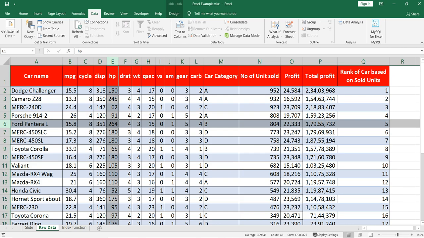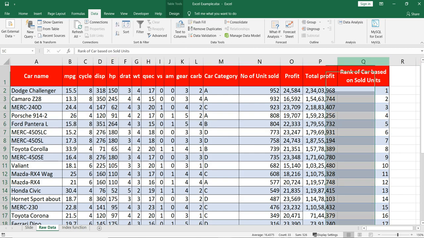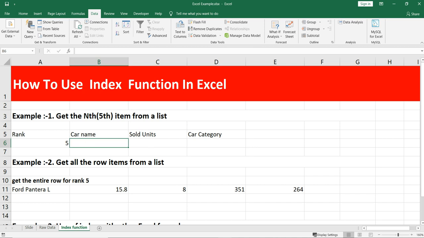If you see this raw data, you have the rank of the car based on units sold. Now suddenly if you want rank 3 instead of rank 5, you would need to write a formula again. This is the thing the INDEX function eliminates. Based on the value you want, the INDEX formula will work dynamically.